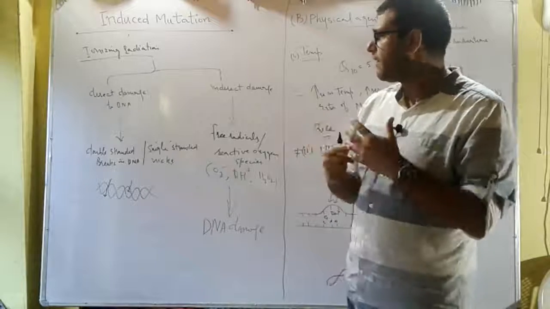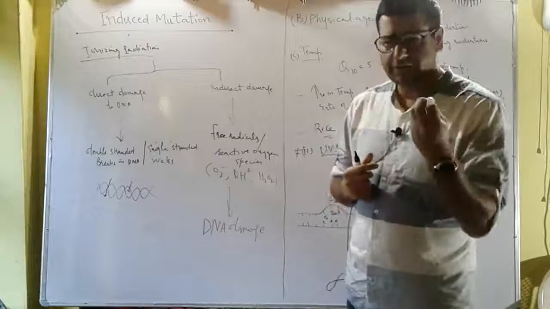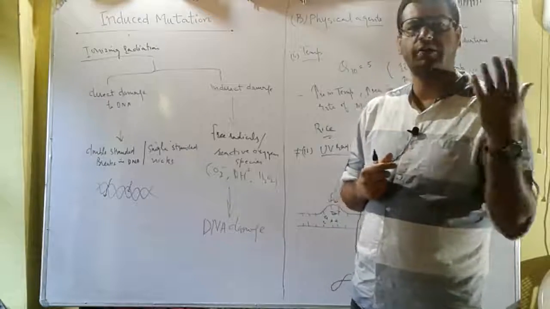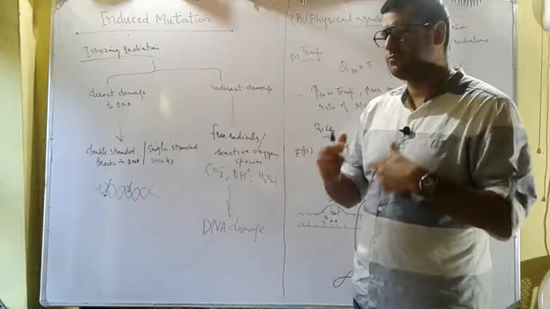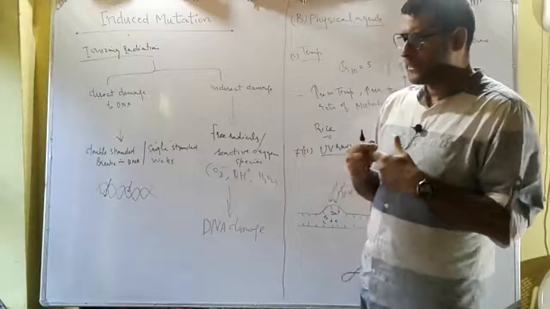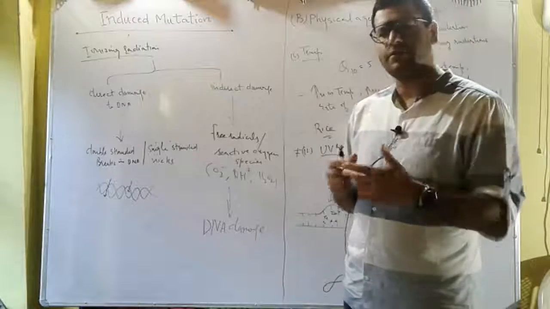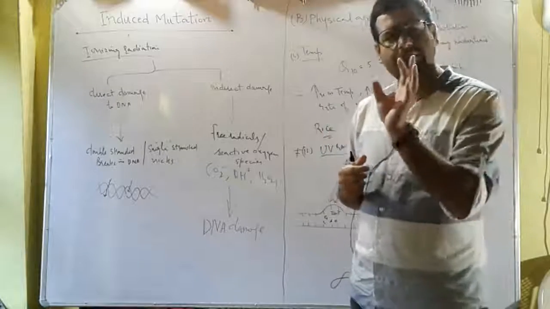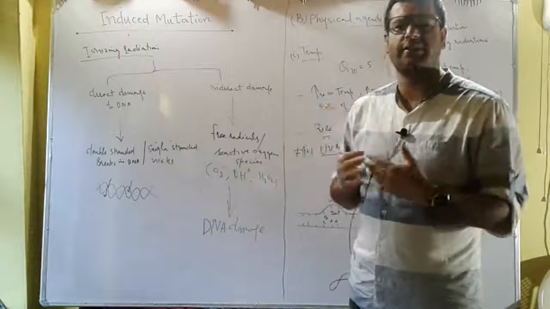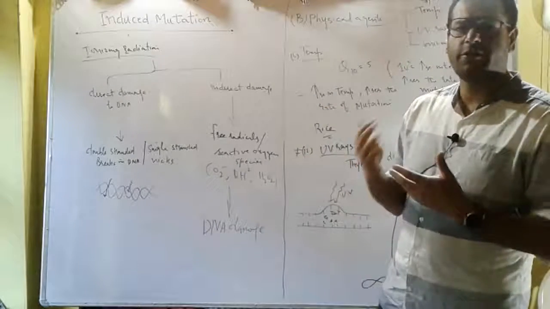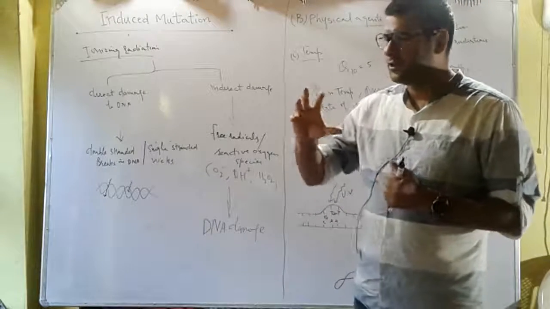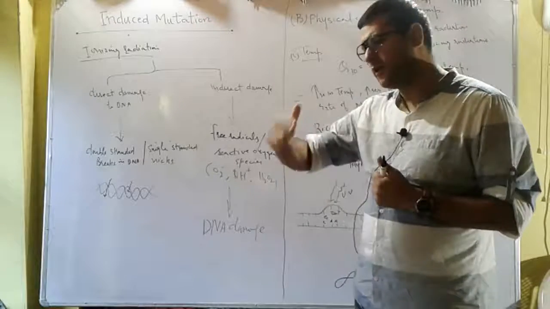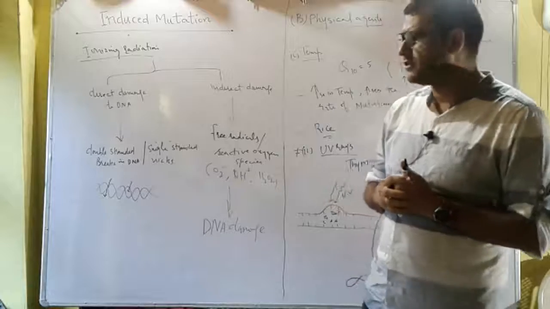Then we have different types of mutagens. We have biological agents, we have chemical agents, then we have physical agents which can act as mutagens. Regarding the biological agents, we have viruses, we have bacteria, we have transposons. Basically these virus and bacteria, they hijack the genetic machinery of the host, और जिसकी वजह से जो स्ट्रक्चर ऑफ द जीन एंड फंक्शन ऑफ द जीन वो डिसरप्ट होती है, और अल्टीमेटली म्यूटेशन हो जाते हैं जीन में।